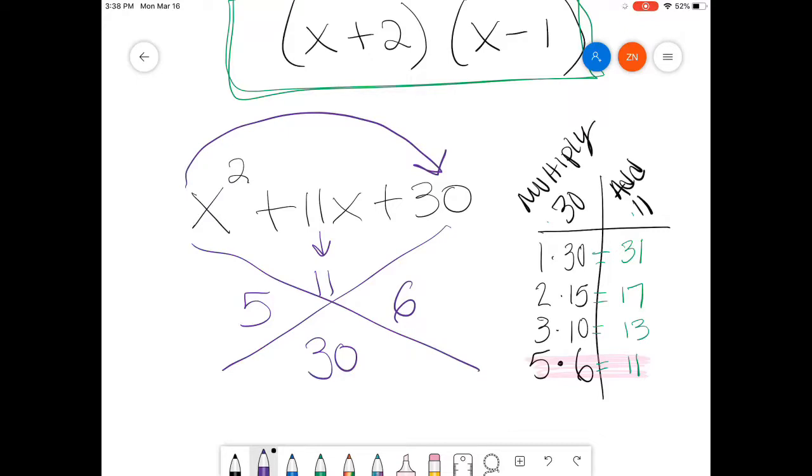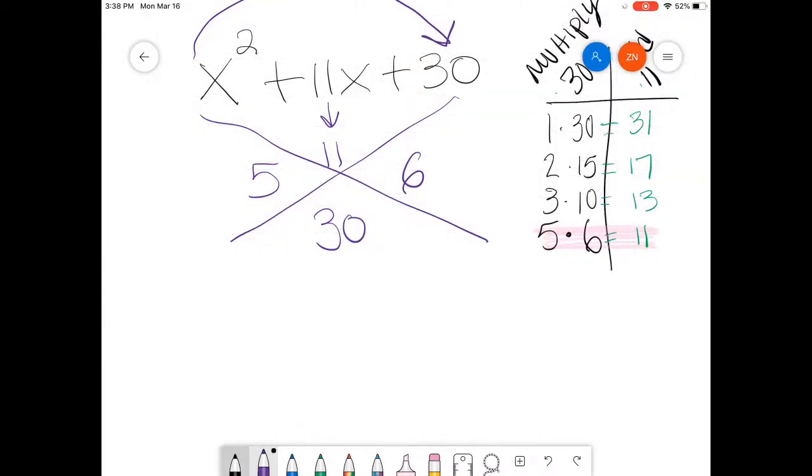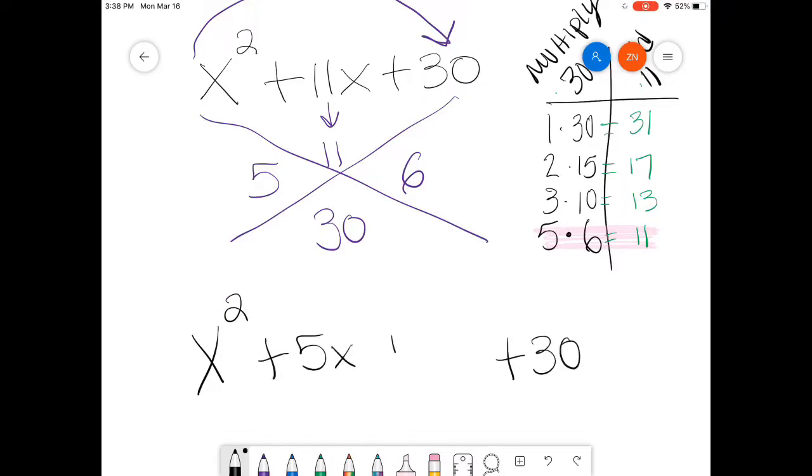Okay, so I know how to break apart my problem. Remember, you started with x squared plus 11x plus 30. So I'm going to have the first term, x squared, and still I'm going to have 30. Now to break apart the 11, I have 5x and 6x. Group,